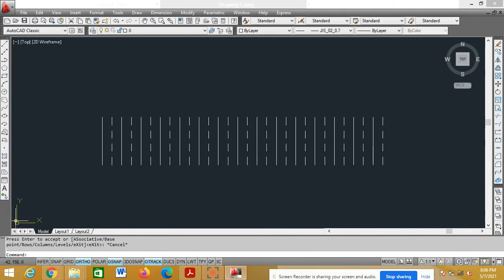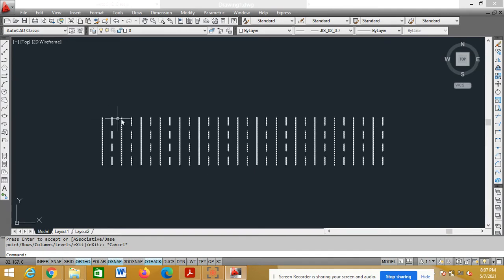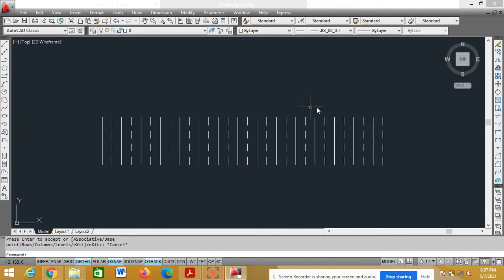This is the array of 30 conductors. One row, 15 columns. The space from here to here is 2. So spacing should be 2. After 2 mm, this pair should be repeated again and again. That is the meaning.